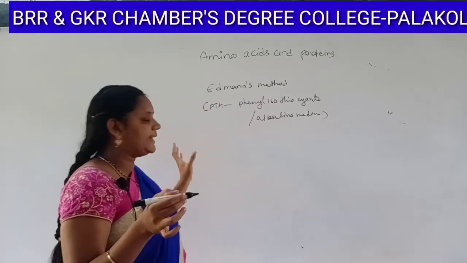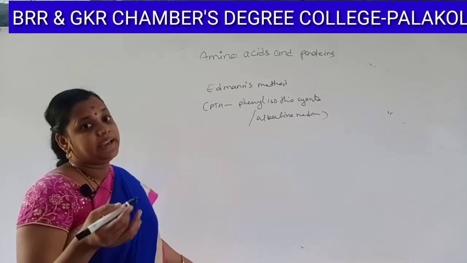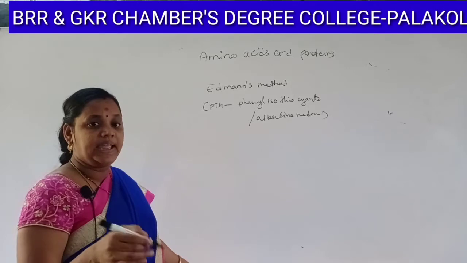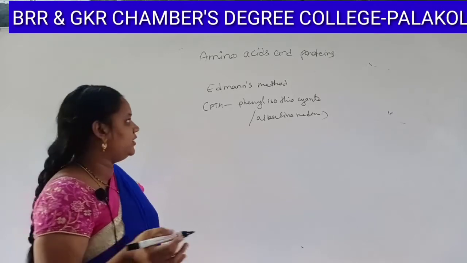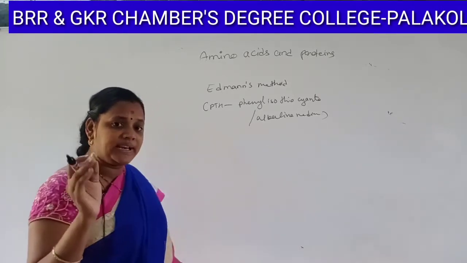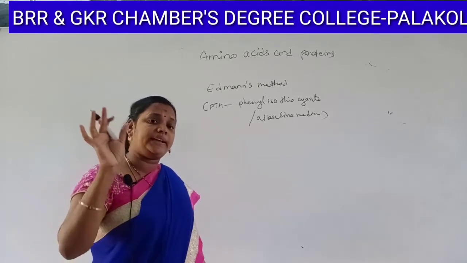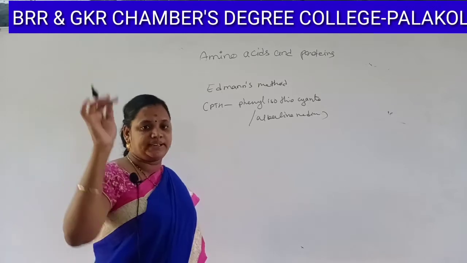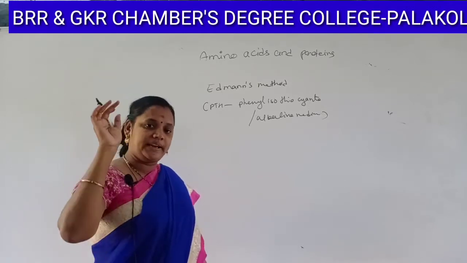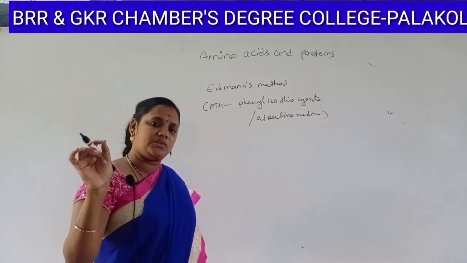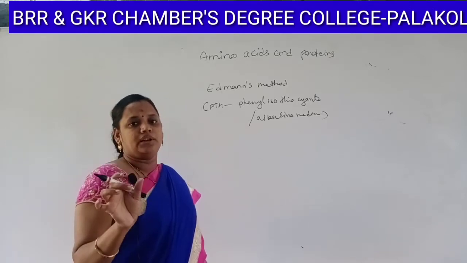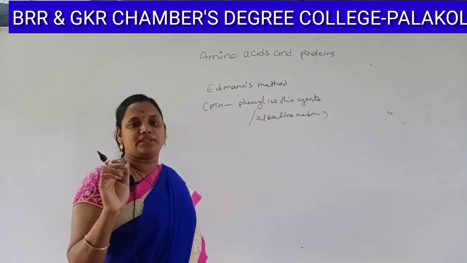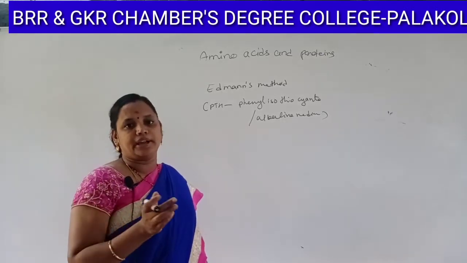Okay students, this attacks the N-terminal of the amino acids. In the case of carboxyl end degradation, first we protect the N-terminal and then attack ammonium thiocyanate to the C-terminal. So the carboxyl end degradation reaction also starts with the N-terminal, but we protect it with benzoyl chloride and again attack the C-terminal of the amino acid with ammonium thiocyanate.